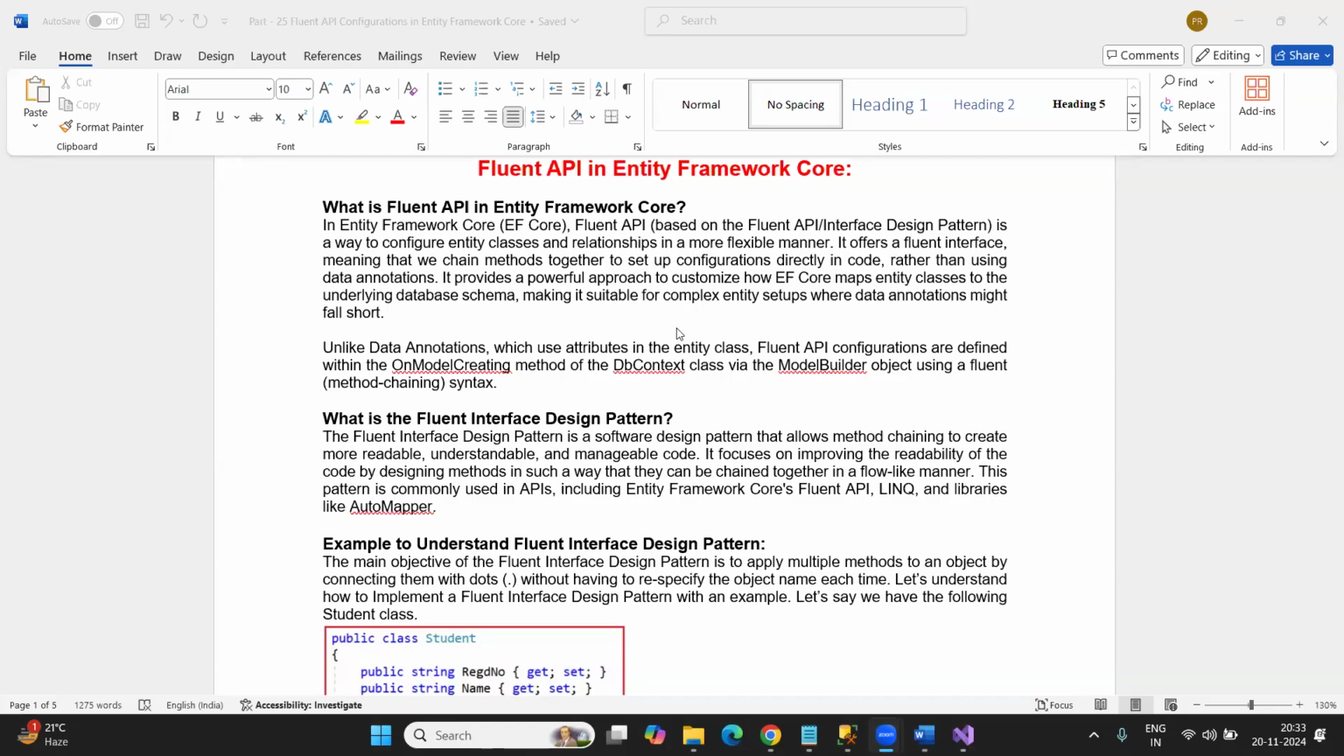So using Fluent API also, we can manage the database schema, but in a more flexible manner. It is going to give you more readable, more manageable, more understandable syntax. And once you understand Fluent API, then you will feel that yes, it is very easy. But as I said, what do I need to do? For basic configurations,